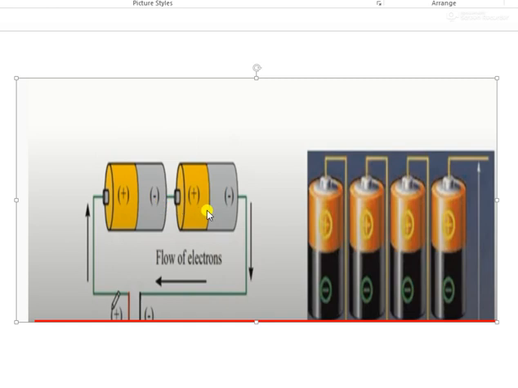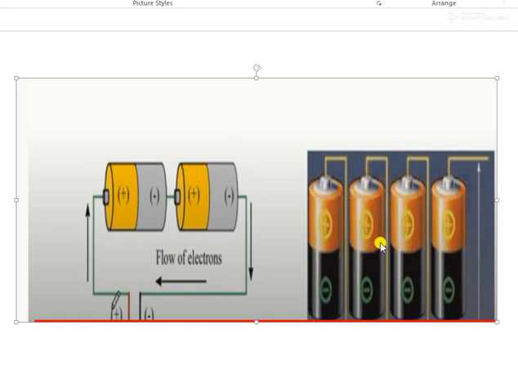In series what do we have to do? Here the positive terminal, negative terminal. The negative terminal is attached to the positive, that means opposite charges, and again negative. Suppose if we want more, then we can attach more cells. Now one cell gives a potential difference of 1V. So if two cells are there, how much potential difference will come? 2V. 3 cells attached, how much will come? 3V. Like that, depending upon how much current we want, according to that we attach the cells. This is called series.